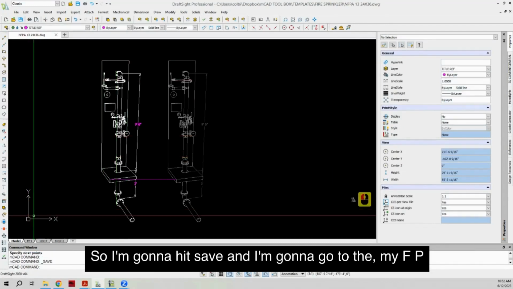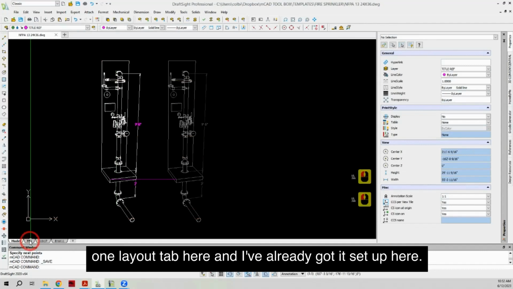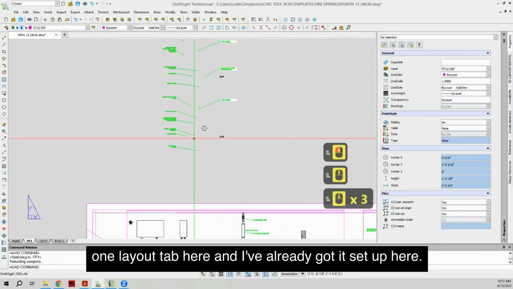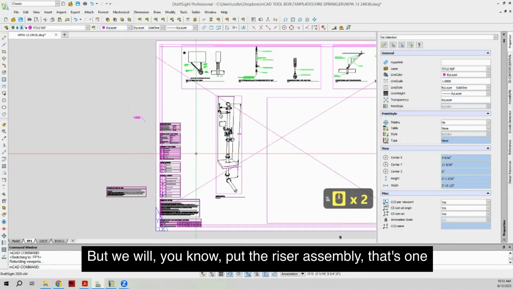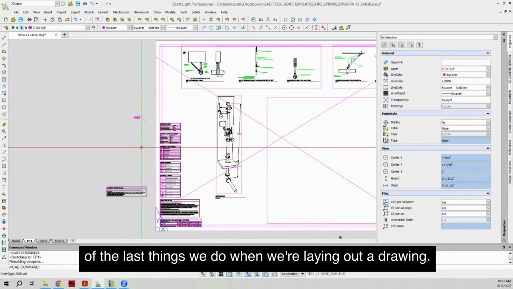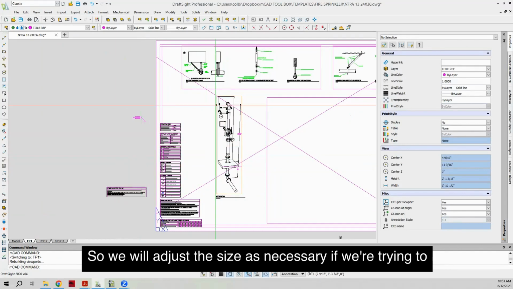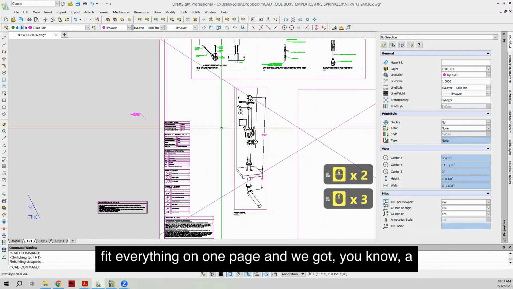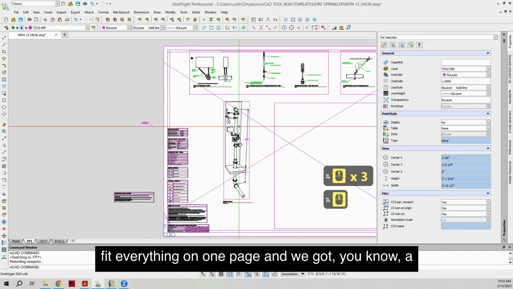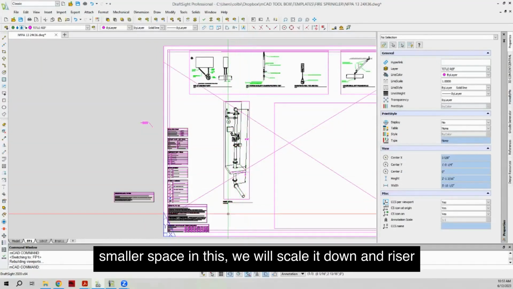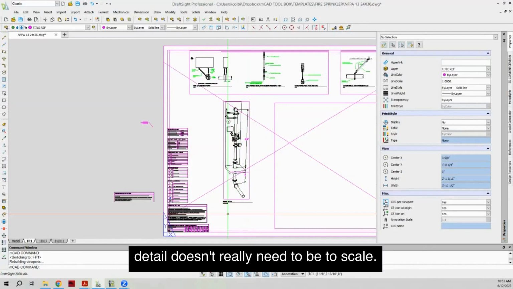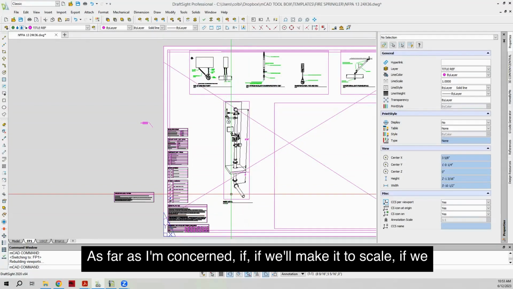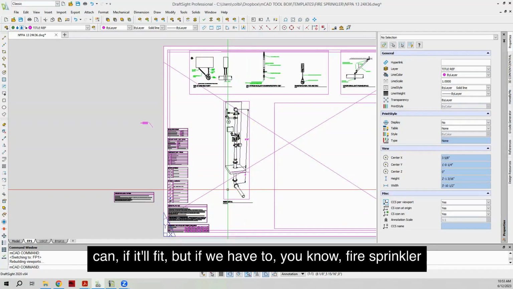So I'm going to hit save, and I'm going to go to my FP1 layout tab here, and I've already got it set up here. But we will put the riser assembly. That's one of the last things we do when we're laying out a drawing. So we will adjust the size as necessary if we're trying to fit everything on one page and we got a smaller space in this. We will scale it down, and riser detail doesn't really need to be to scale as far as I'm concerned. We'll make it to scale if we can, if it'll fit. But if we have to,